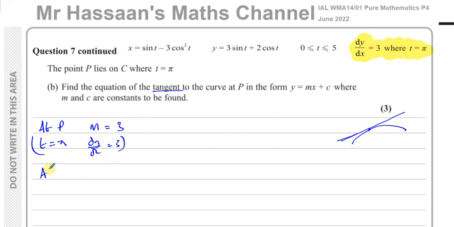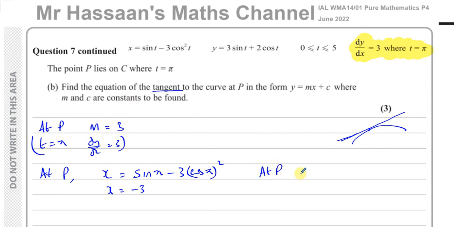And we can say at P, we have x equals sine of pi minus 3 times cosine squared pi. Remember, cosine squared t means cosine t all squared. So x is equal to, we know the sine of pi is 0, the cosine of pi is -1, so that's going to be -3, so x is -3, and